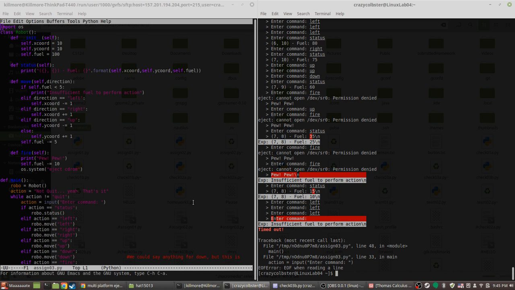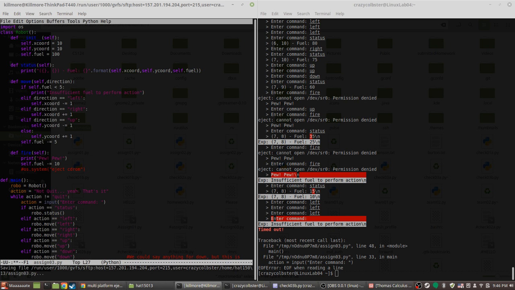Oh, there we go. Now it opened. os.system eject CD-ROM. Now I need to... I'm going to comment that out. Dang it.